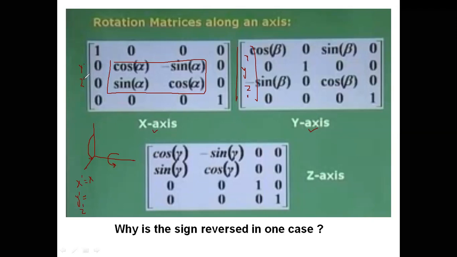y dash and z dash will be equal to 0, the x terms will not remain with you, only the y and z terms will remain. Simply y cos theta, I'm writing in terms of theta because we have already represented in terms of theta earlier. So minus z sin theta, and here y sin theta plus z cos theta. So this will be the matrix for it.